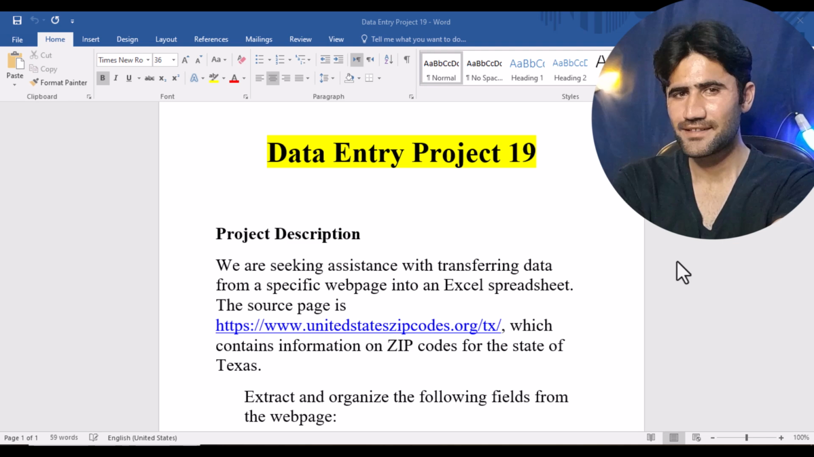This is data entry project number 18. So we have another data entry project which I got on Upwork. Here is the complete instruction of the client. He's saying that we are seeking assistance with transforming data from a specific web page into an Excel